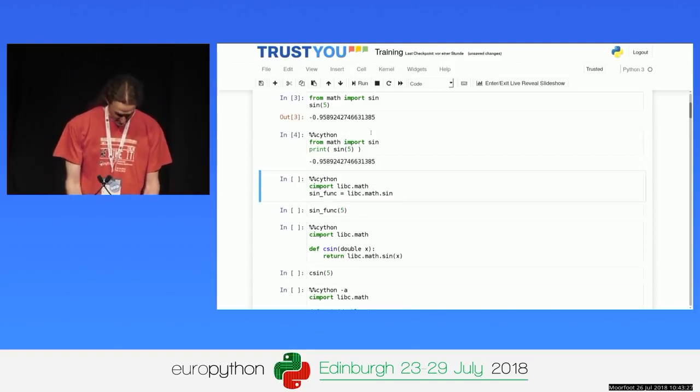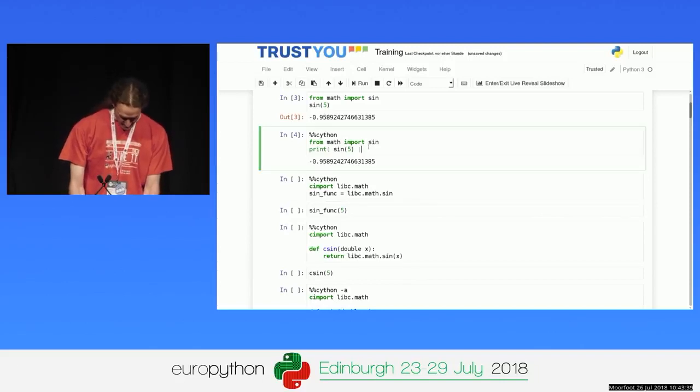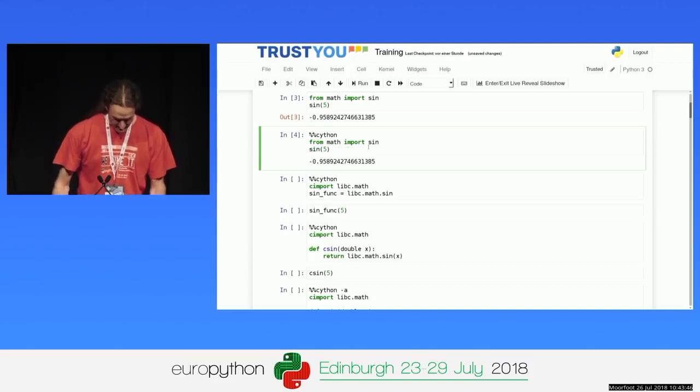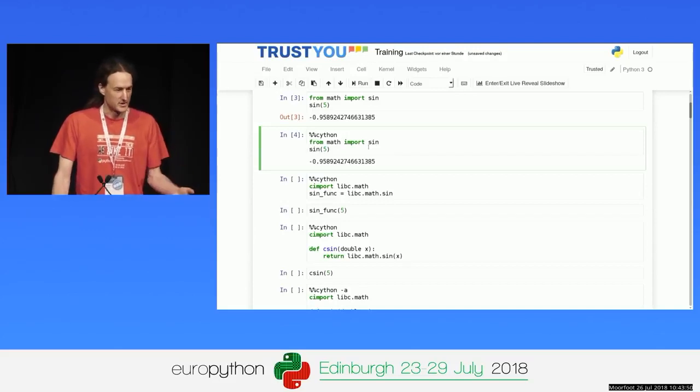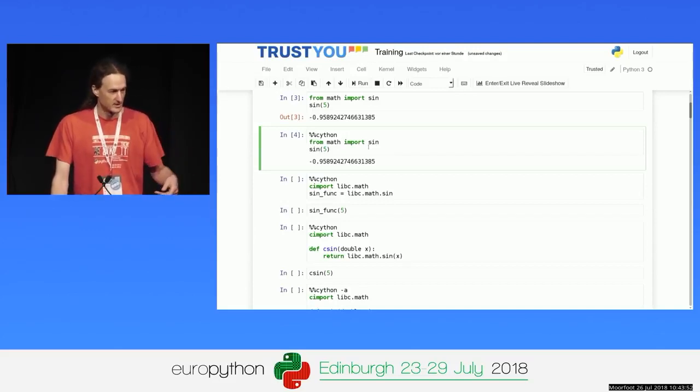Okay, so run it. It's actually pretty quick, apparently. I think it was pre-compiled before, so Jupyter caches these cells if it knows that they didn't change. You see a little change in here. What I did before up there is I just said sine of 5. For Jupyter, what Jupyter does is it takes the last expression, the last value that fell out of your cell, and displays it.